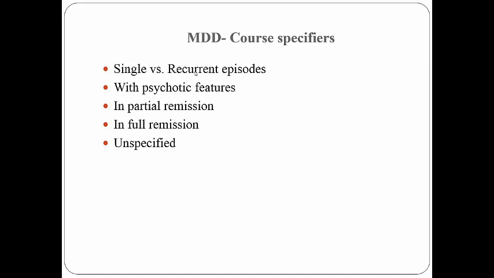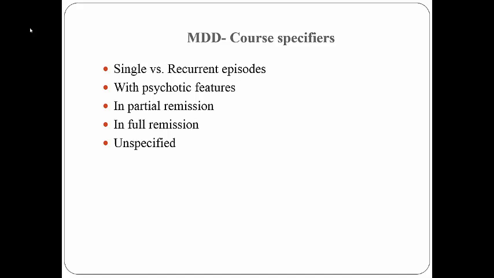And sometimes that's hard to tease out. All right, so in partial remission, remember, remission has to do with time frames. So in partial remission, if there's a period lasting less than 2 months without any significant symptoms, so they haven't had significant symptoms, but it hasn't been 2 months yet, you're